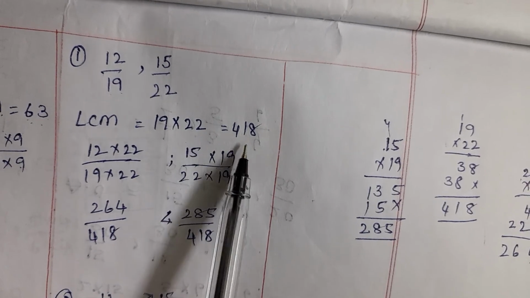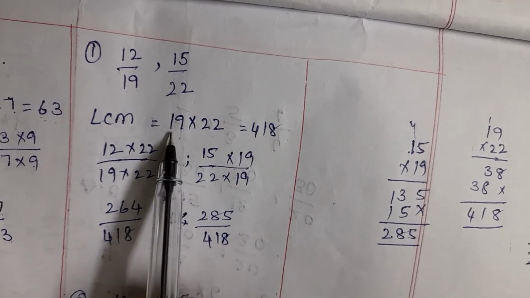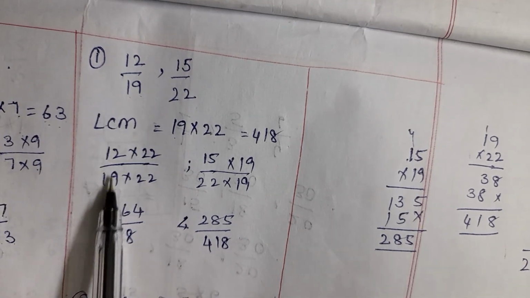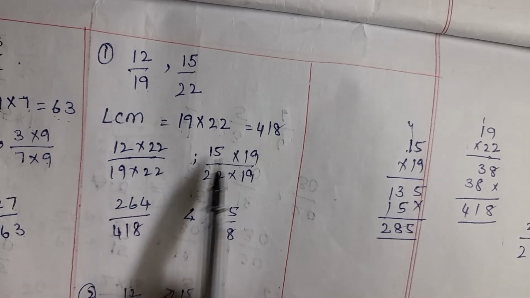So directly multiply and we will get 418. So 19, first take the fraction and multiply with 22. 19 into 22. The second fraction